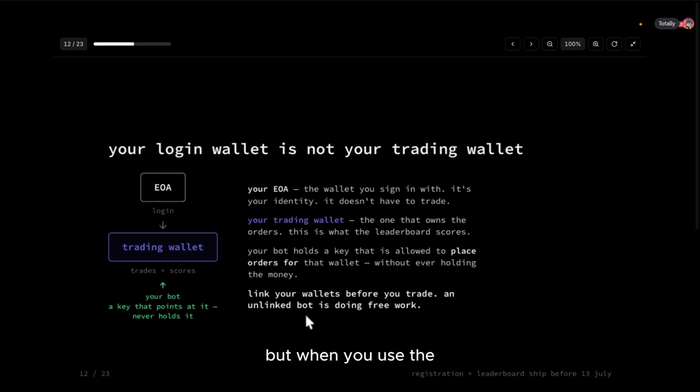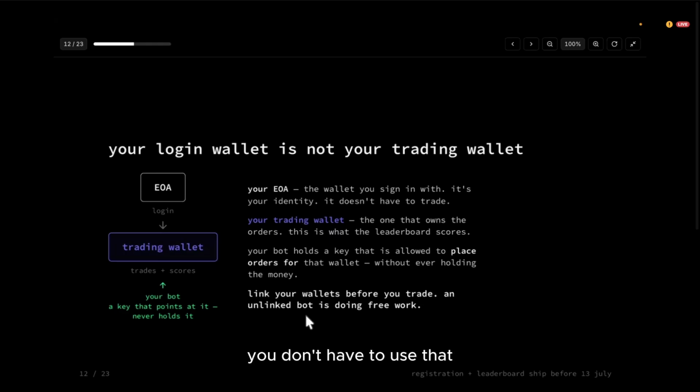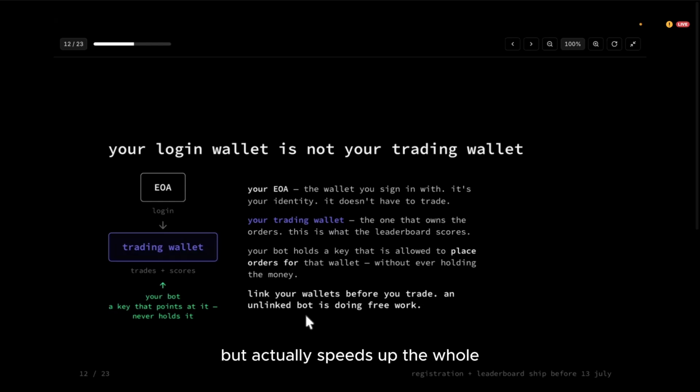If you're signing each transaction with your MetaMask wallet, it raises that security flaw: one wrong mistake and the whole wallet gets destroyed. But when you use the trading wallet given by dreamDEX, and you deposit only the required amount to your trading portfolio, that ensures security. It's also very convenient, because you don't have to sign every transaction. The market is moving fast and you don't want to open your MetaMask and confirm every transaction. Once you're using this trading wallet, you don't have to. It not only keeps your actual MetaMask wallet with different assets secure, but also speeds up placing an order for you. I hope that makes sense.